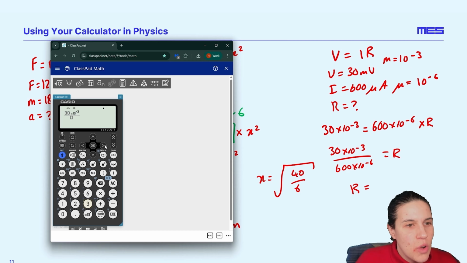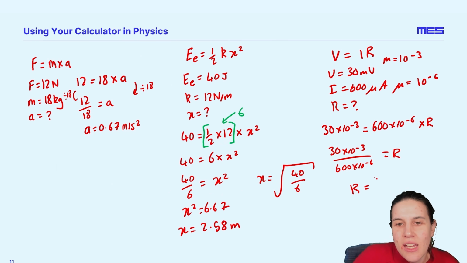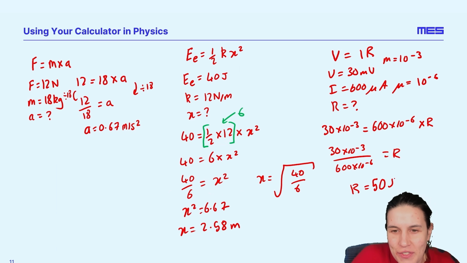Minus 3. Right, then I need to make sure that I come out of that to go into this bottom part of the fraction. Okay, I need to make sure I use the arrows to come out. I'm going to put 600 times 10 to the minus 6 in there. And then I'm going to press my execute button. And there we go. My answer is 50. So my answer would be 50